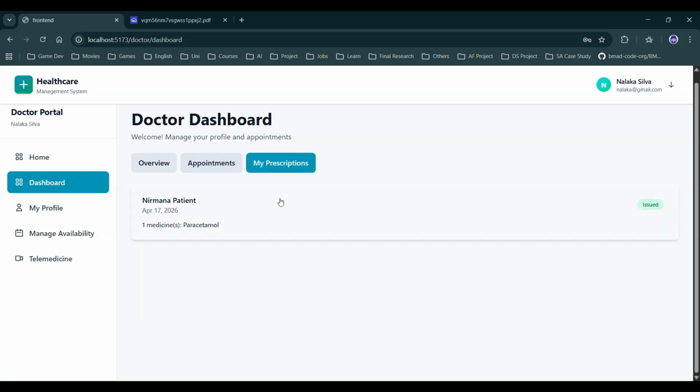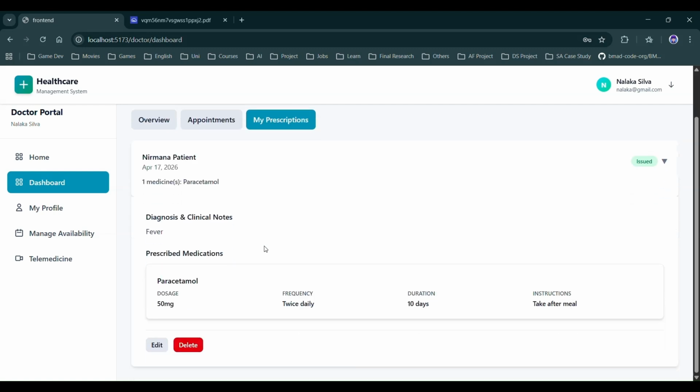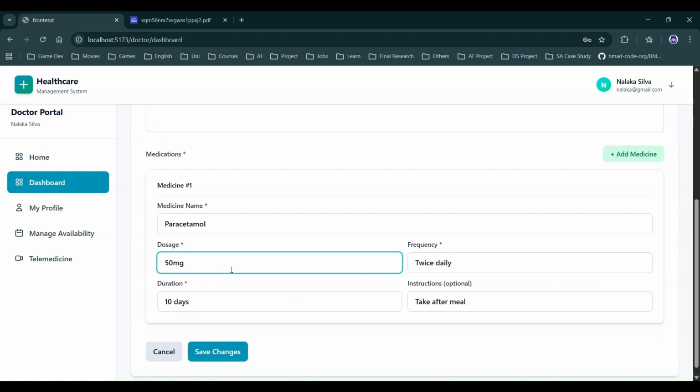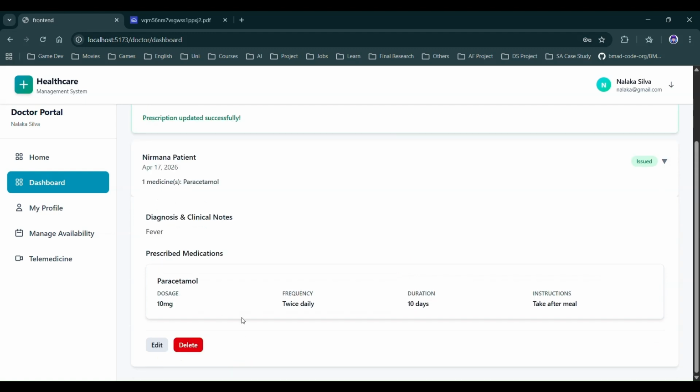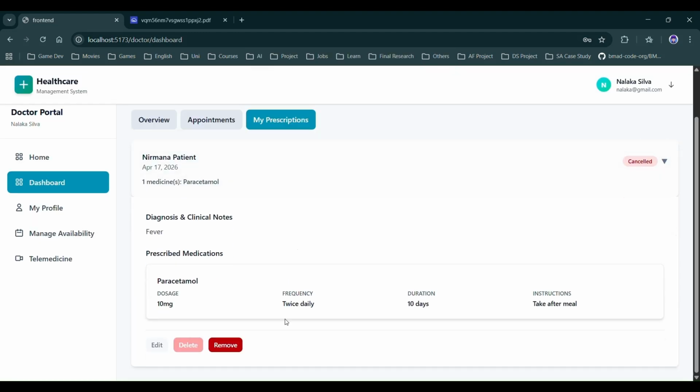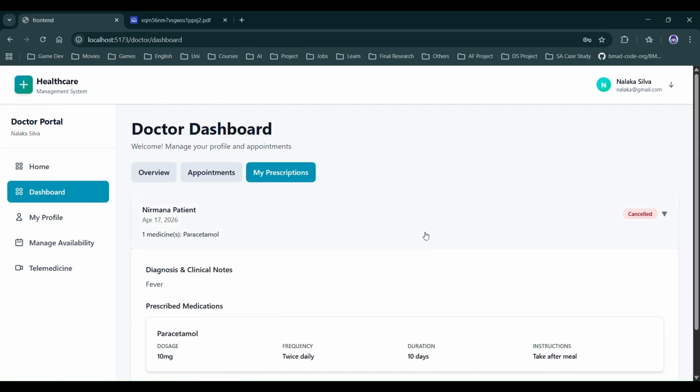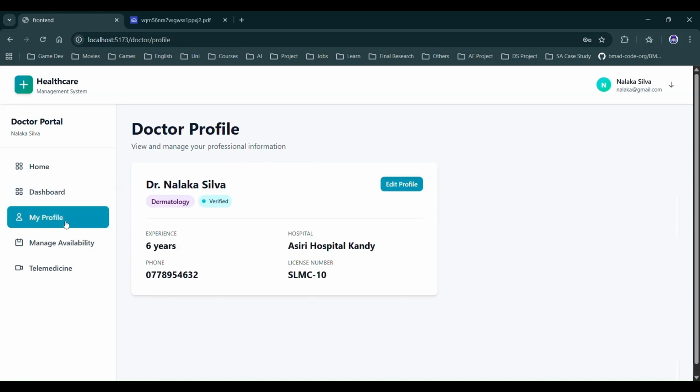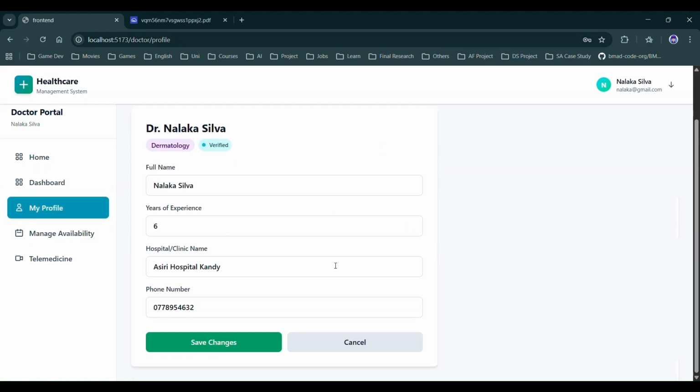And the doctor can view the prescriptions that they issue first and can edit the prescription, and also can delete prescriptions. The delete button cancels the prescription, and if the doctor wants to remove that prescription, the doctor also can remove it. And otherwise, the doctor has a My Profile page to edit their profile,